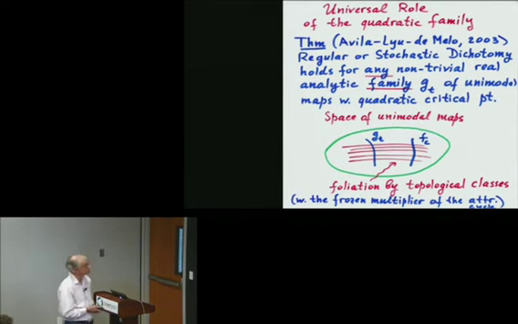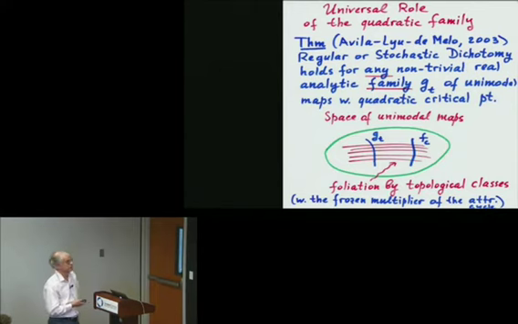And here is the result, which is a manifestation of this universal role of the quadratic family. This result was obtained jointly with Artur Avila and Welington de Melo. Artur, probably many of you know Artur as well. He was visiting the AMS many times and basically grew up here. The first time he visited was when he was 20 years old, and this theorem came from those days. And I'm sure that you will hear quite a bit about this brilliant guy.